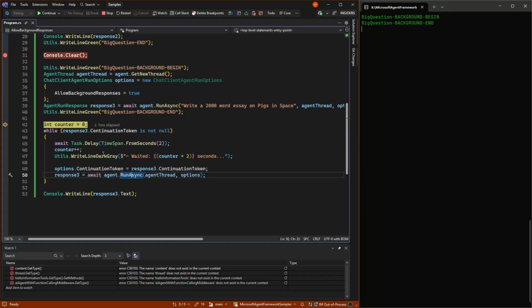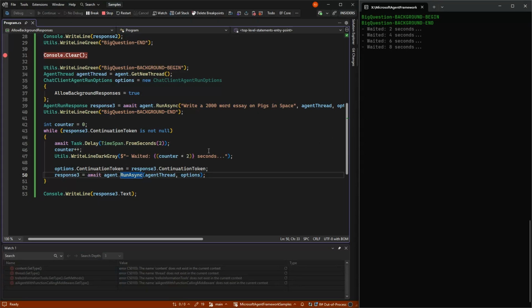So if I let it run here, you'll see that it waits for 2 seconds, 4 seconds, 6 seconds. And this is just this one counting up. And essentially just saying, hey, I have this response with this continuation token. Is it done yet? Is it done yet?